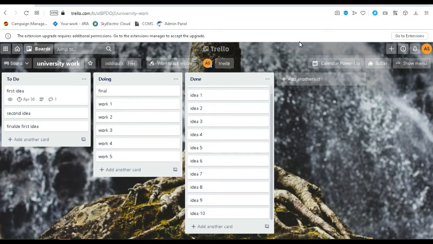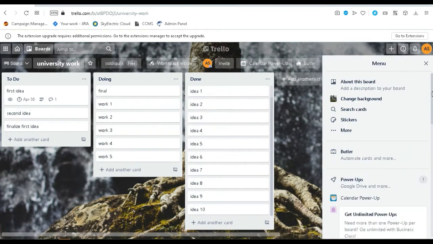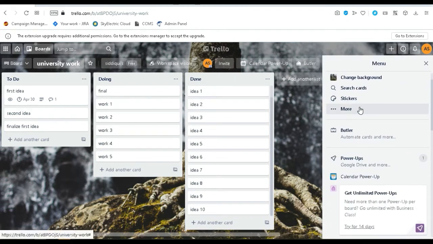As you can see, the Trello board is already open in front of me. And now I want to export these cards into a CSV file. For this, you will see that in your right corner there is an option called menu. Select that option, scroll down and go to the option called more,